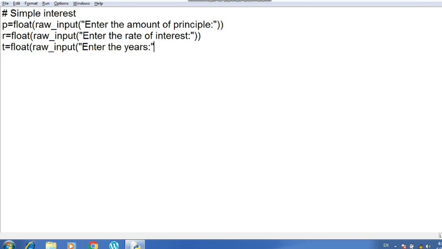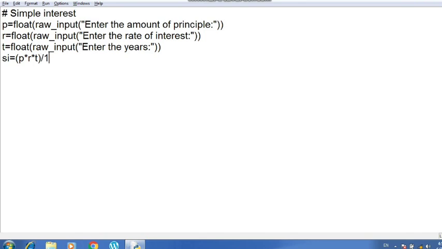So I am going to take the variable SI, which will calculate the simple interest. So I am writing the formula here, p into r into t, keep it inside the bracket, divided by 100.